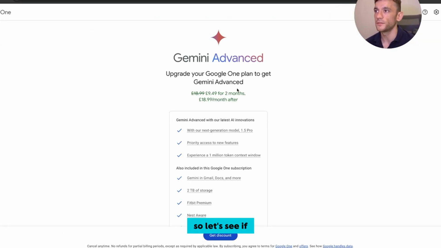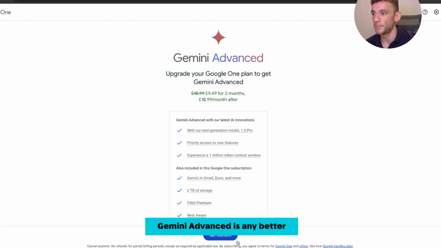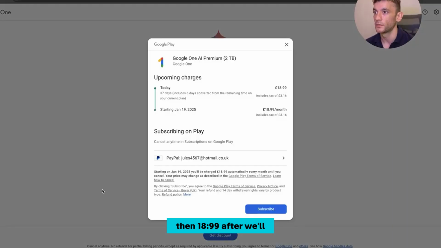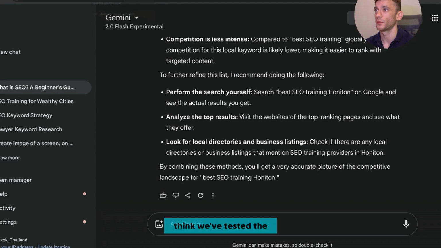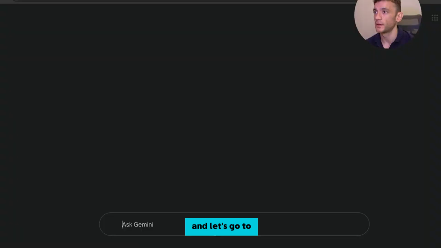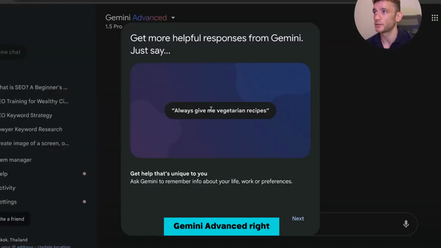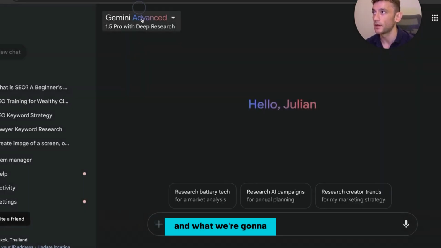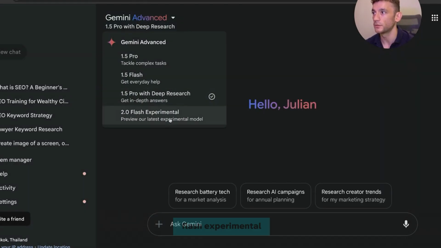So let's see if Gemini Advanced is any better. We're going to upgrade right now. So it says $9.49 for 2 months, then $18.99 after. We'll hit get discount. I think we've tested the full limitations of Gemini 2.0 Flash for free, and let's go to Gemini Advanced, right? So this is a deep research method, as you can see right here. So it creates more in-depth analyses, and what we're going to do is switch to Flash